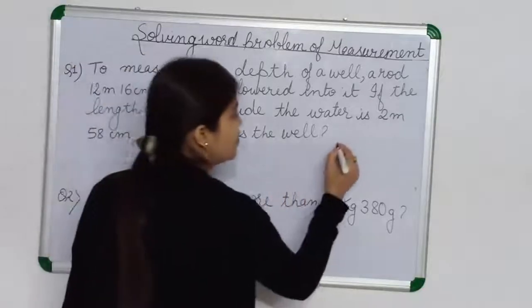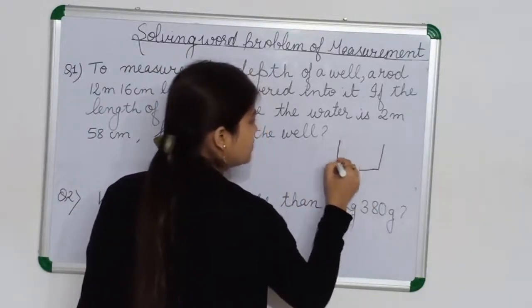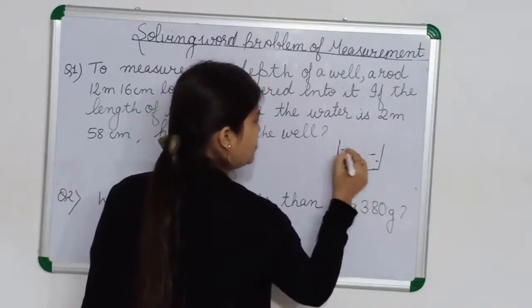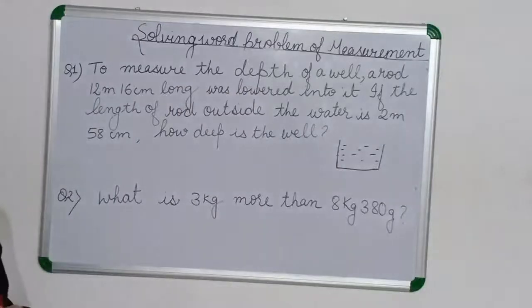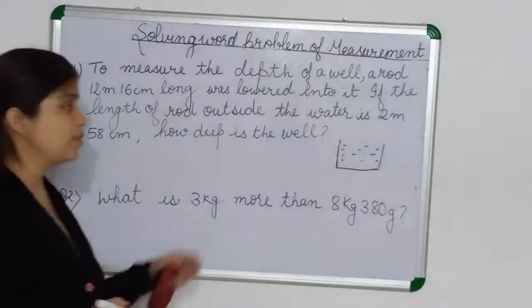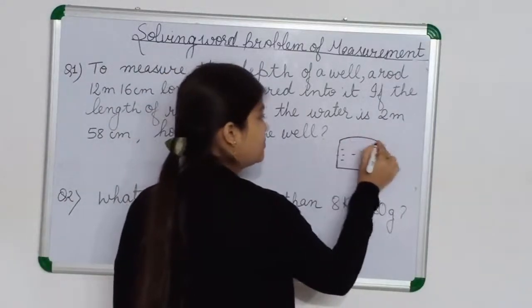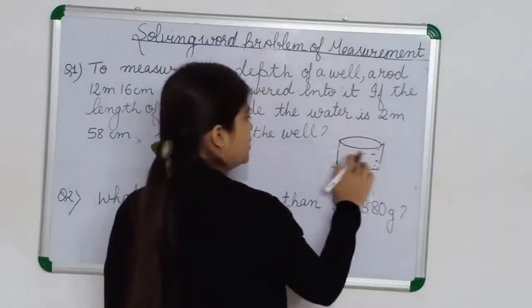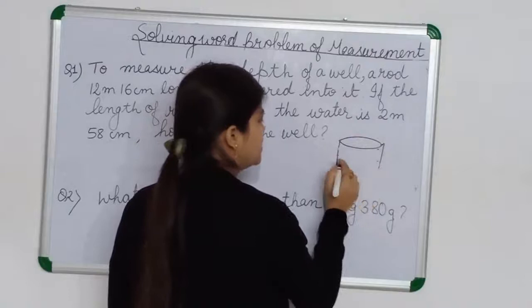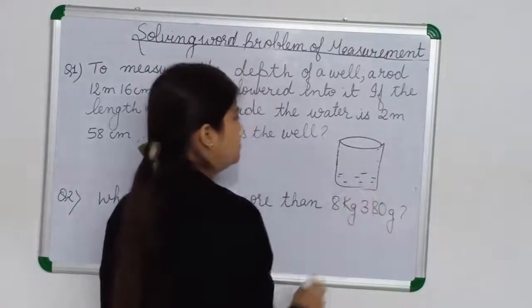Recall here it is a well. Okay. You know what is a well? There is water inside. Open. Very deep it is. It is very deep inside, and from there we used to pull the water outside. That is only a well. Okay, this is the well. The water is very deep inside. I am showing here this much only.